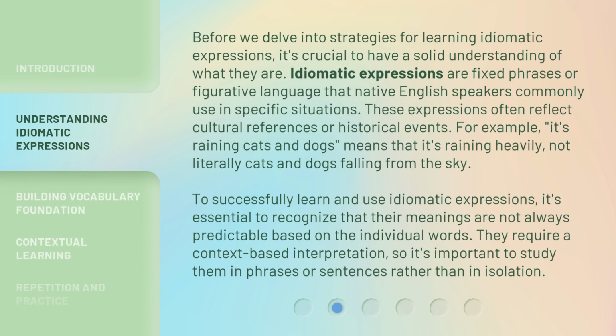Before we delve into strategies for learning idiomatic expressions, it's crucial to have a solid understanding of what they are. Idiomatic expressions are fixed phrases or figurative language that native English speakers commonly use in specific situations. These expressions often reflect cultural references or historical events. For example, "It's raining cats and dogs" means that it's raining heavily, not literally cats and dogs falling from the